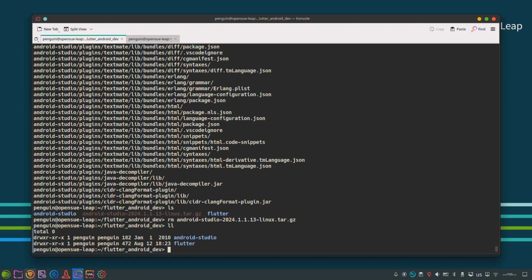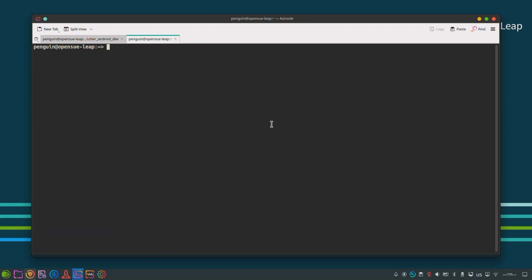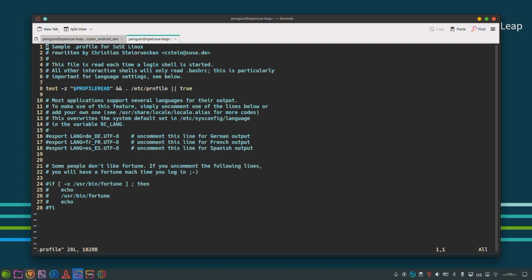Okay, so in this case, let's have another terminal and we can go and open, and still we can put it in .bashrc, but let's put it in .profile, so our session system-wide, when you are logged in, it gets loaded, the path variable. Okay, let's go to the end of the file, press O for new line,